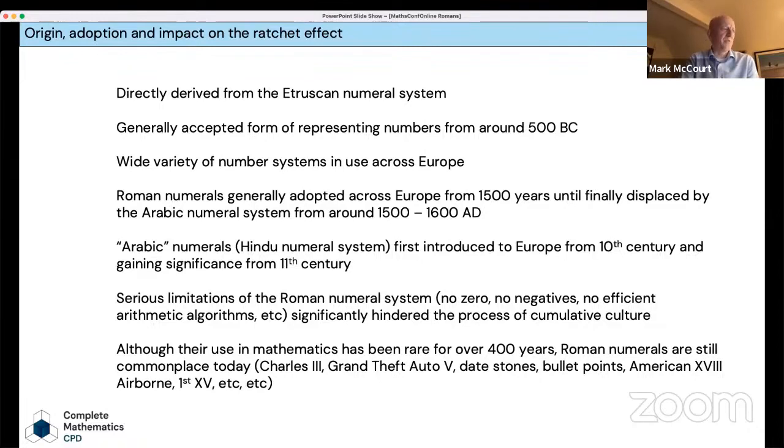I want to have a play around with these numerals for a while and maybe encounter some things that you're less familiar with. There is no formal system of Roman numerals, and there never has been. There is no accepted way of using these numerals. There are more common ways than others, but there's no set of rules, no laws as to how you use these. Now, generally, we'd think of them with these symbols here.